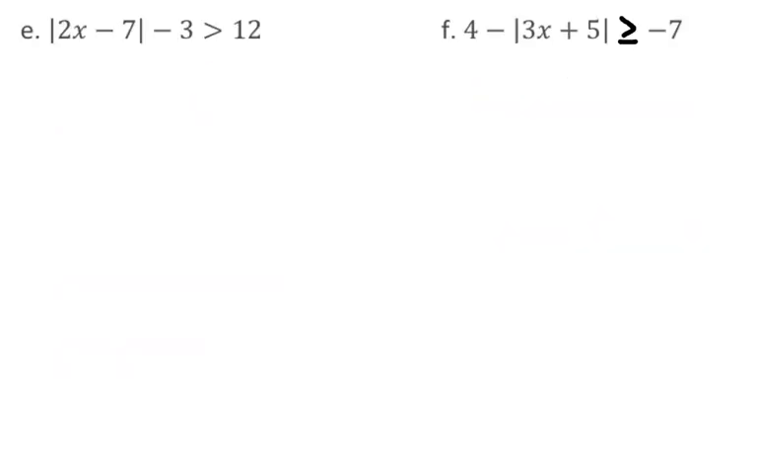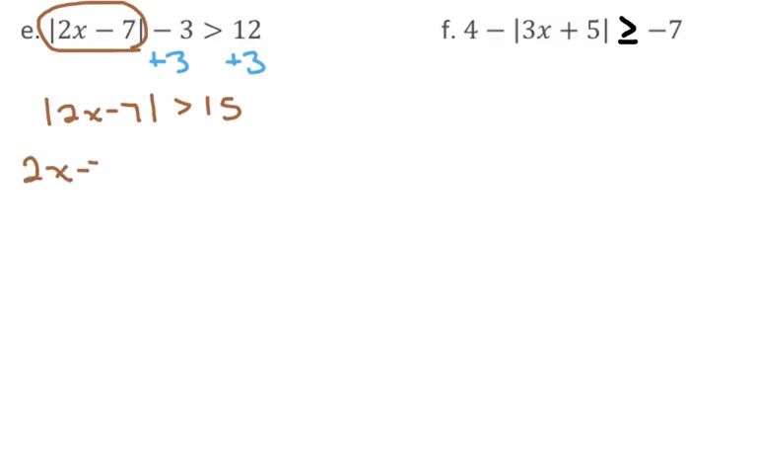It's the absolute value of 2x minus 7 minus 3 is greater than 12. We'll start the same way. Isolate. To isolate, we will add 3. We get the absolute value of 2x minus 7 is greater than 15. This one, we actually have to do a little bit of work. We set it up, so 2x minus 7 will be greater than 15. And the second one will say 2x minus 7 is less than negative 15, with the word or in the